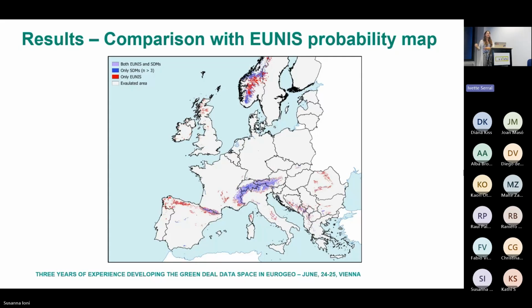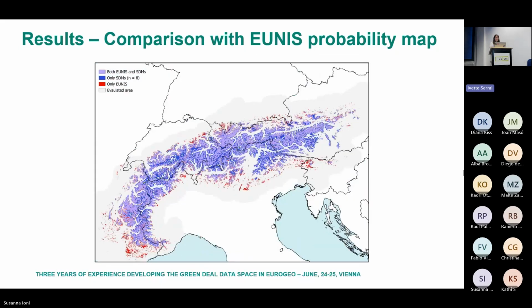So then we reduced the number of species we used, and finally we had our ranges also in Scandinavia, which actually agrees with the definition of the EUNIS habitat, because they were saying you can have this habitat more or less in mountain regions of Europe, but it depends on the dominant species. So when you have Vaccinium or some others more typical of Scandinavia, then you can have this habitat also in that area. And then we compare the Alps area, which is a bit easier to see